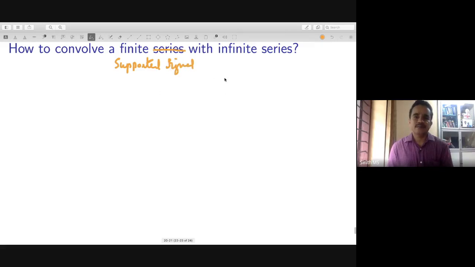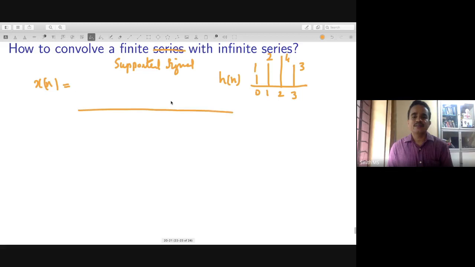And another infinite series. Suppose you have xn, say 0, 1, 2, 4, and 3. This is one signal. Let us represent this as hn and this one as xn. This is hn. And suppose you have xn, another series, which is an infinite series or a very large series: 1, 2, 4,